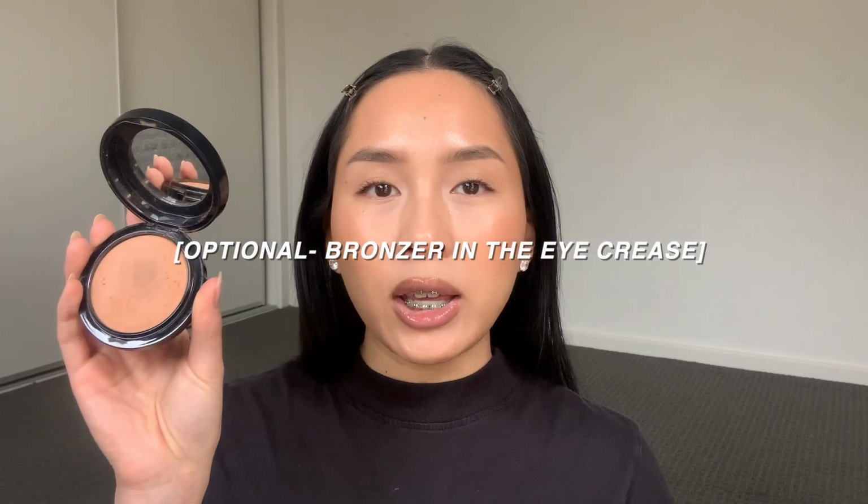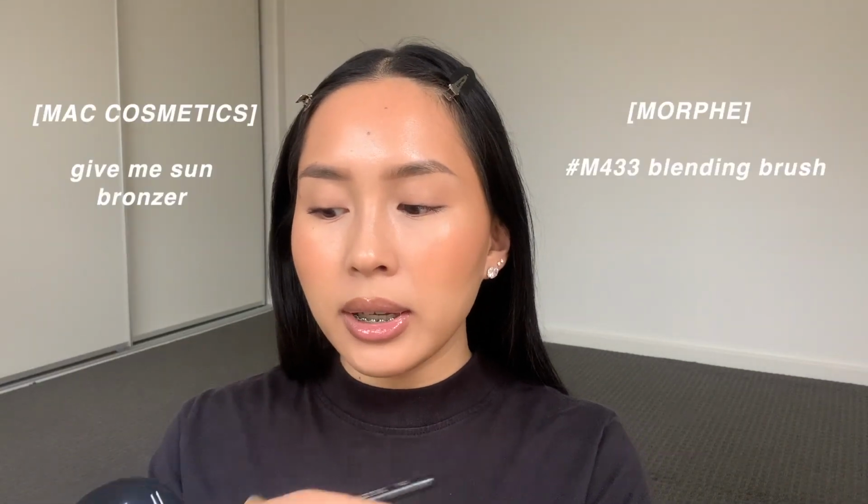I like leaving it unpowdered because it means I can press out the creases in my concealer as opposed to powdering it down and setting it in stone, and I can't really do anything about it after. But sometimes you just need a bit of powder because it looks too greasy. So option one, I'm going to take the bronzer and I'm going to pop a little bit of it